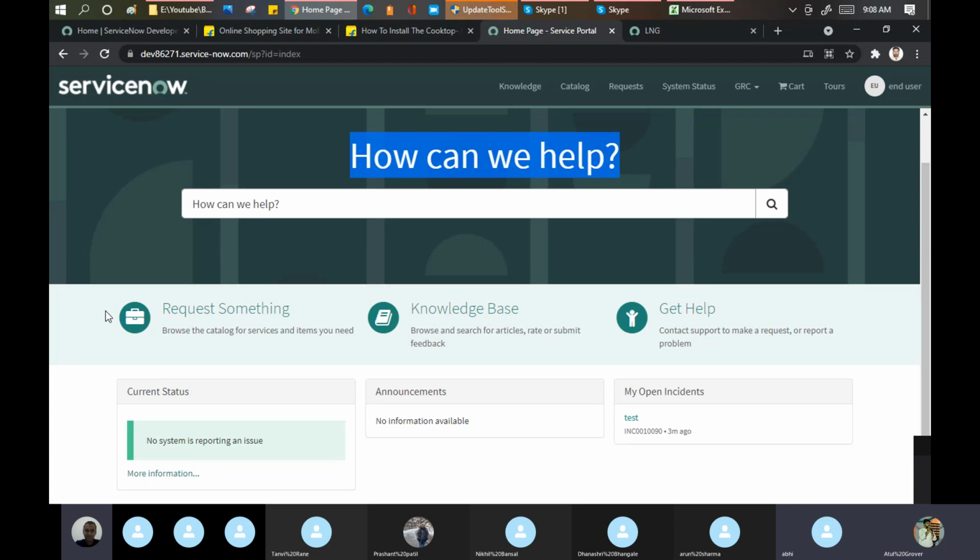These things you see here, one, two, three, are called widgets. This is a widget, this is a widget, this is a widget.